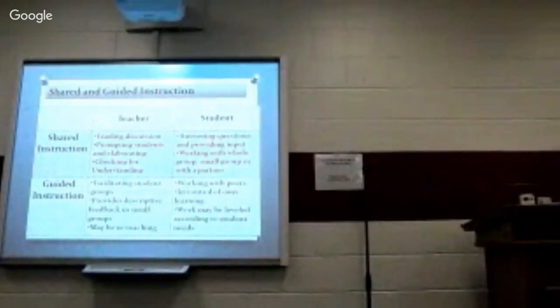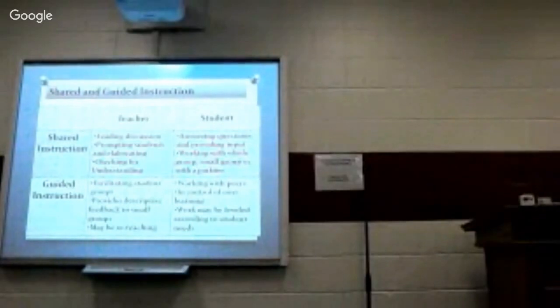But in order to have guided reading working, you do need the materials for your groups. You need to be able to level your students. So it is a journey. It might be at different levels of the journey, and that's okay. But I just wanted to give you a little taste of where some of the teachers I work with are